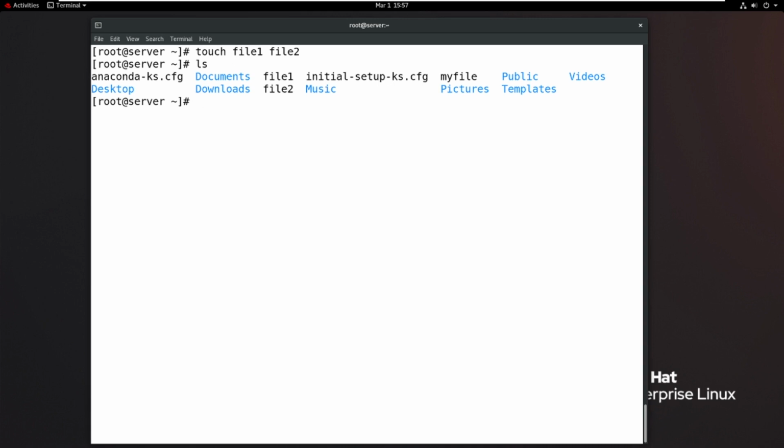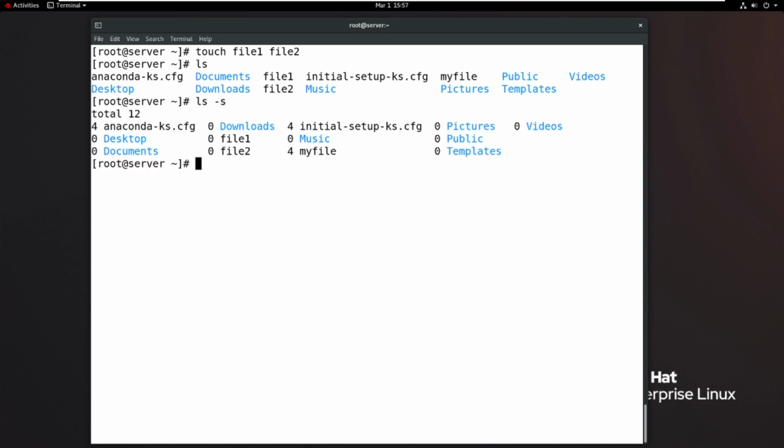But how to find the file sizes? ls space -s. S is for size. See that the file1 size is 0 and the file2 size is 0. But you created myfile with the help of the cat command, and initially the cat command creates it with 4 blocks. Cat doesn't create empty files; touch only makes empty files.